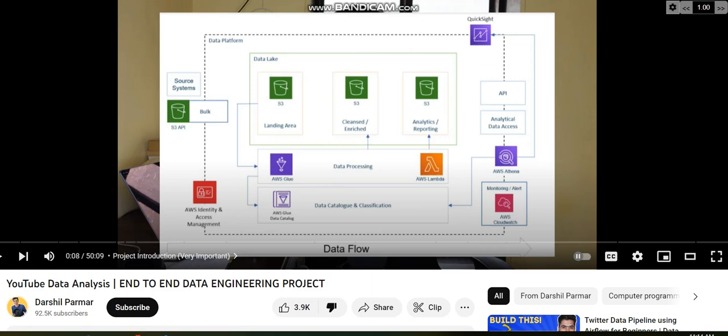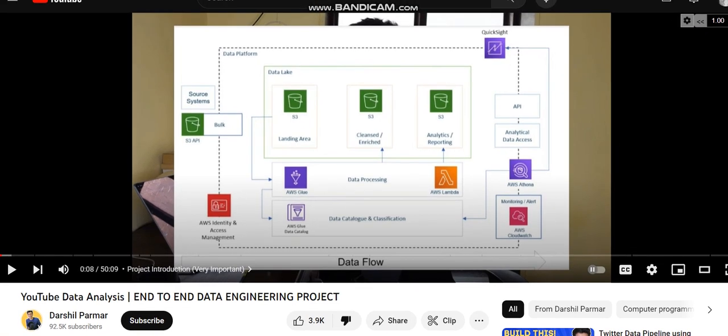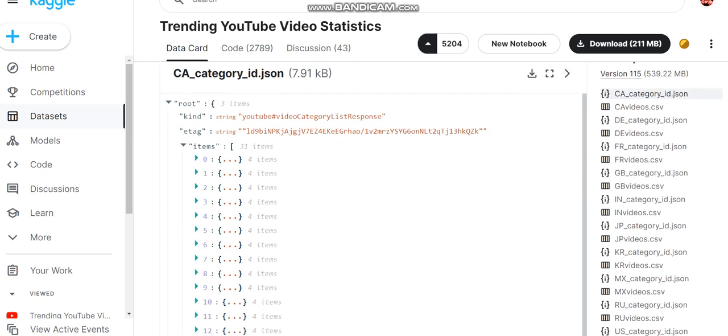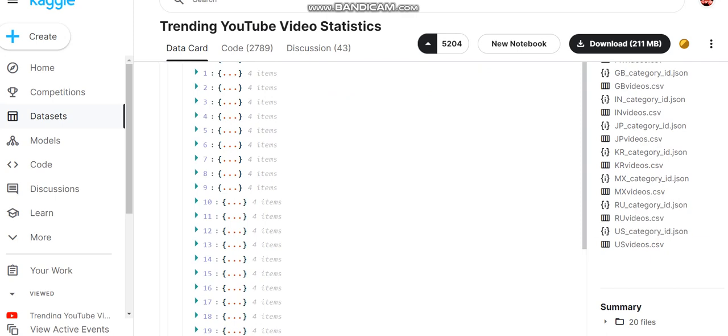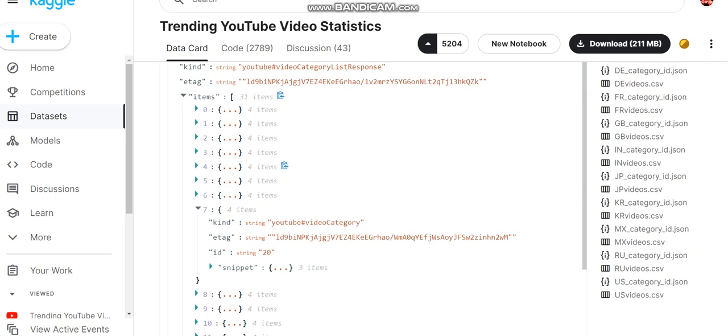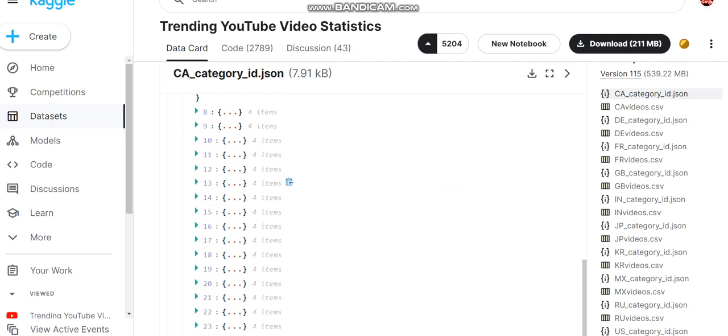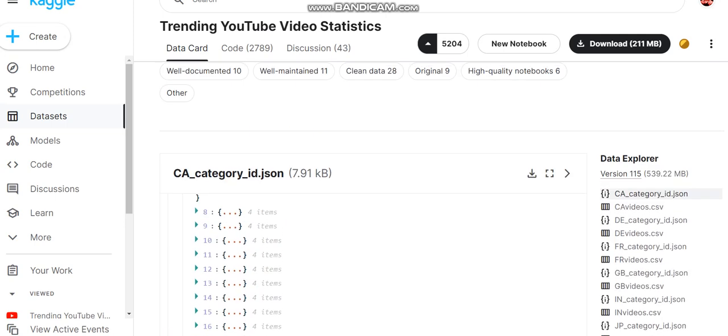So we take a data set from Kaggle. It is trending YouTube video statistics broken down by countries. So there is Canada, Germany, Russia, Mexico, Japan, and so on. The dataset looks like a bunch of trending videos, the names. This is the YouTube channel, YouTube title, and I downloaded this dataset, but not to my local machine because my